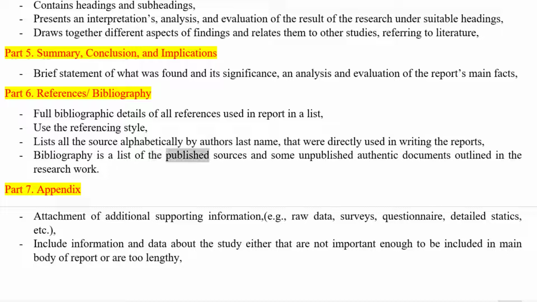Bibliography is a list of the published sources and some unpublished authentic documents outlined in the research work. Part 7. Appendix. Attachment of additional supporting information, examples, raw data, surveys, questionnaires, detailed statistics, etc. Include information and data about the study that are either not important enough to be included in the main body of the report or are too lengthy,